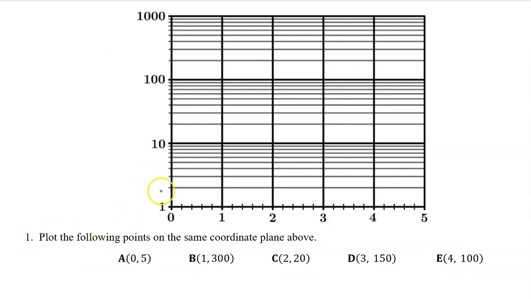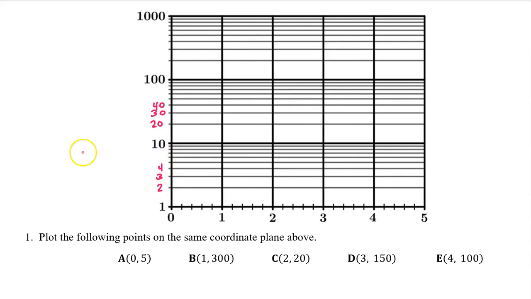This is a semi-log graph because the vertical axis is scaled multiplicatively, while the horizontal axis is scaled additively as usual. In this case, each number on the vertical axis is 10 times the lower number. Notice that the bottom line on the vertical axis is a 1 and not a 0. As we go up line by line, it has a value of 2, 3, 4, 5, all the way up